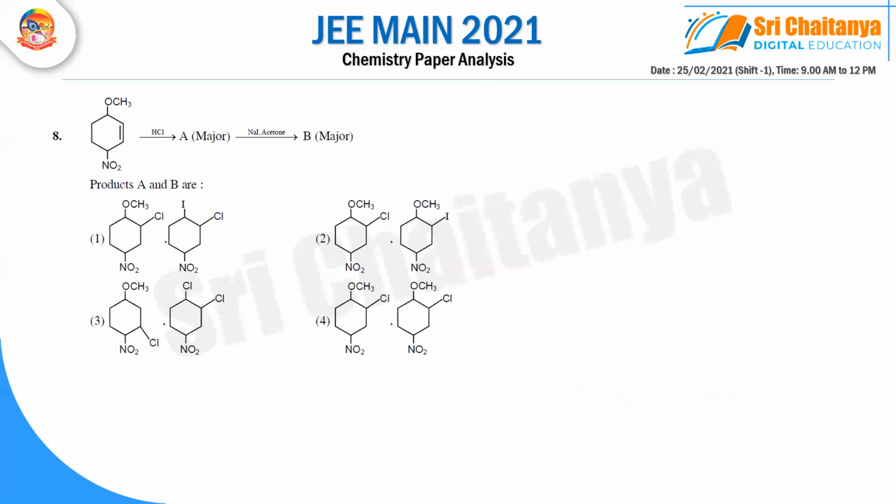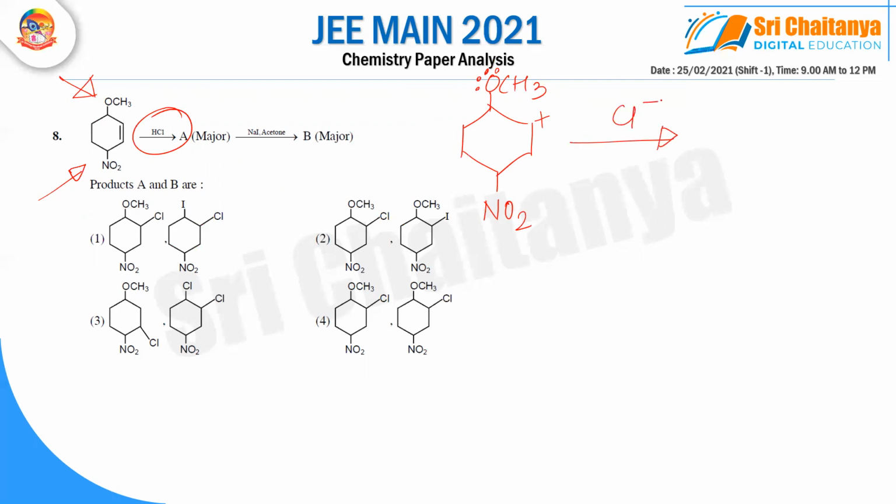Next question we have is the addition of HCl over a pi bond. Now there are two different groups attached at either end of this particular ring. So carbocation formation will occur according to its stability. When this H plus gets attached to one end of the pi bond, a positive charge is going to form at the other. At this particular carbon, the positive charge is going to be more stable. Why? Because it is going to experience the plus M effect from the adjacent OCH3 group.